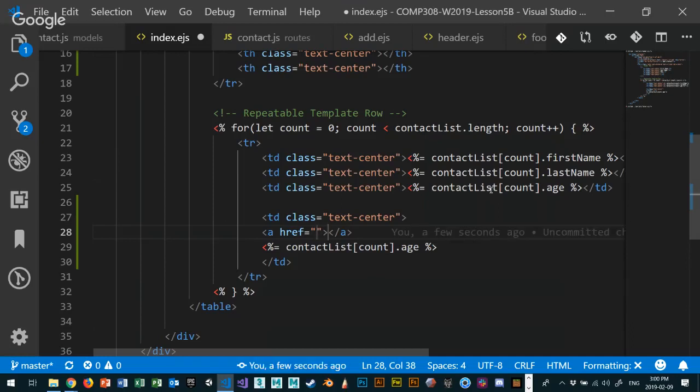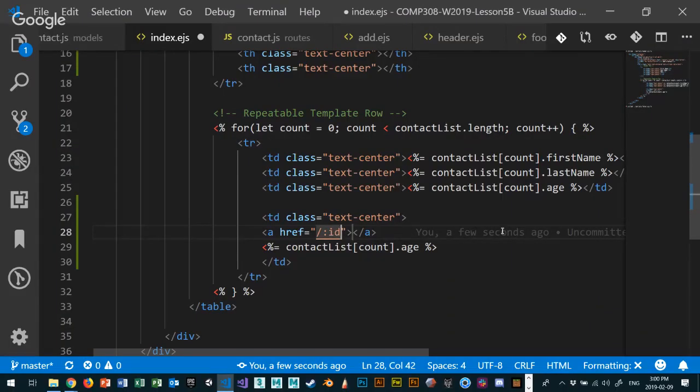So I want to go to contact list, and then slash, and take the ID that I get from my contact list and pass it into the link. So this is the link, right? And the ID itself is the place that I want to go. So what I want to do is take the ID